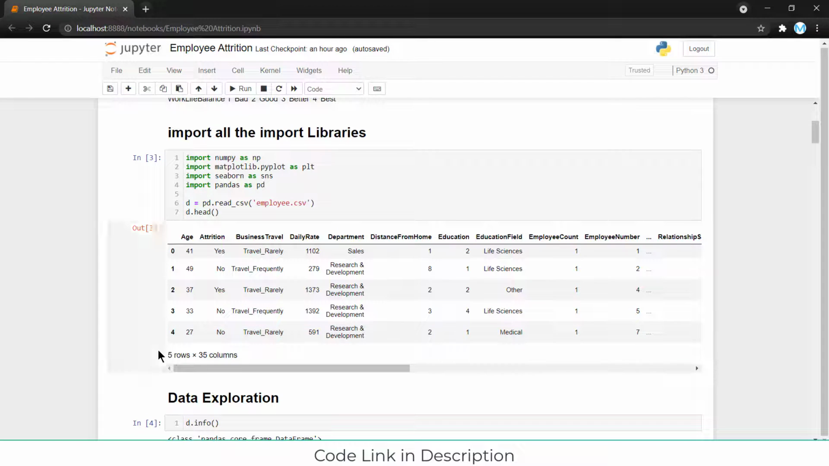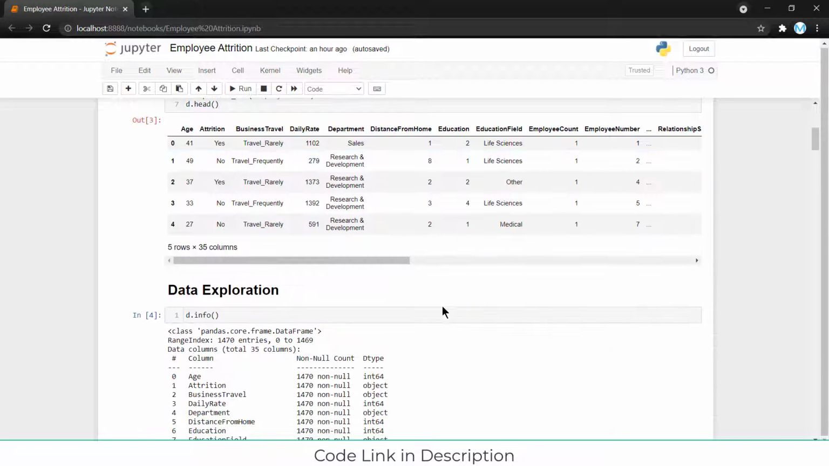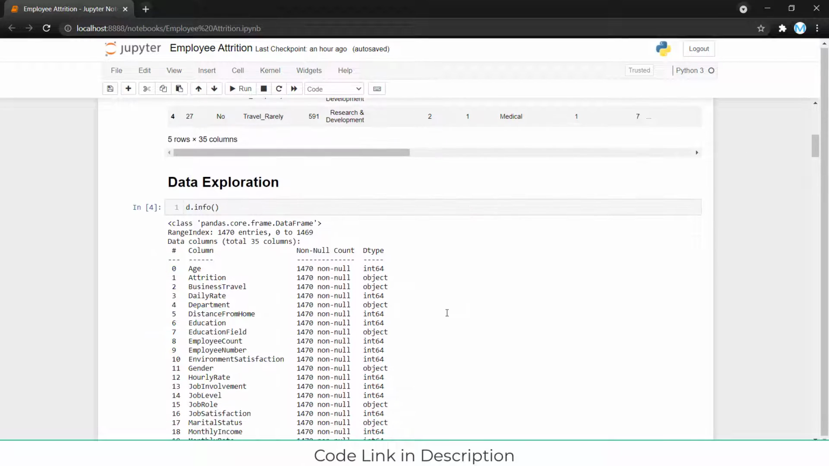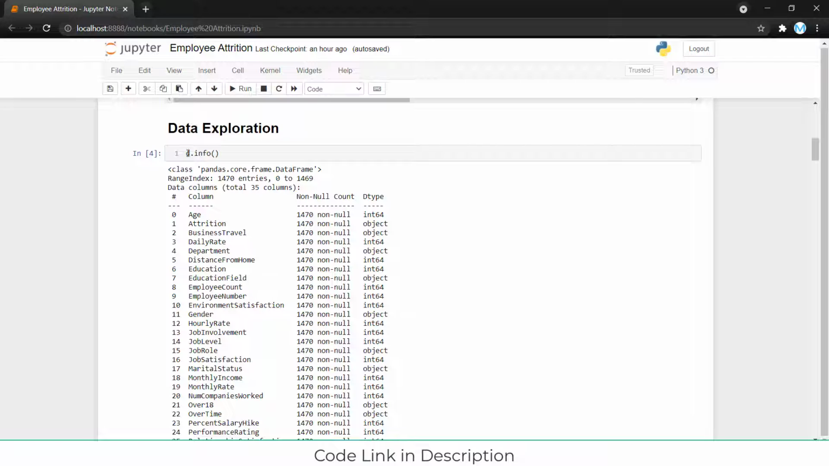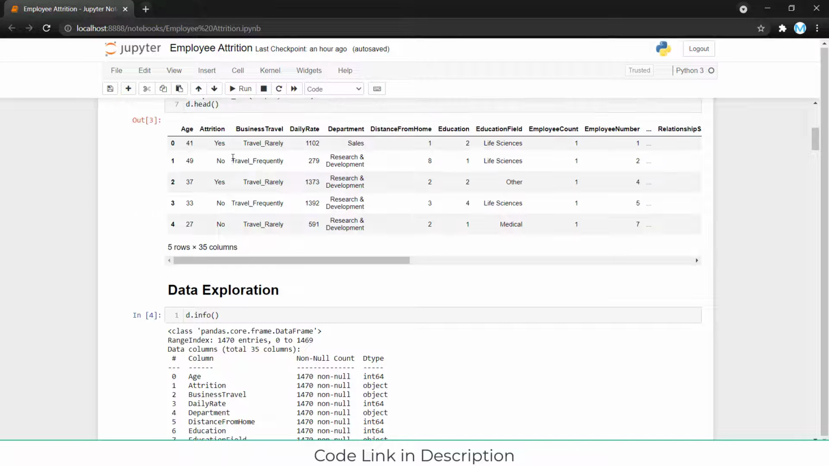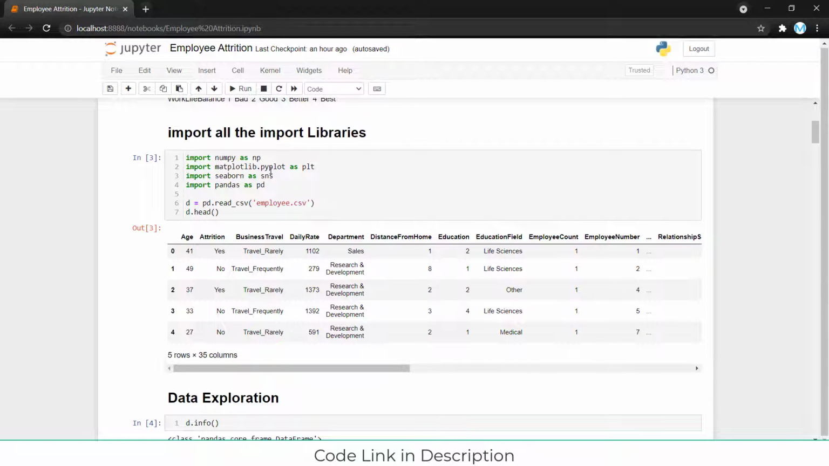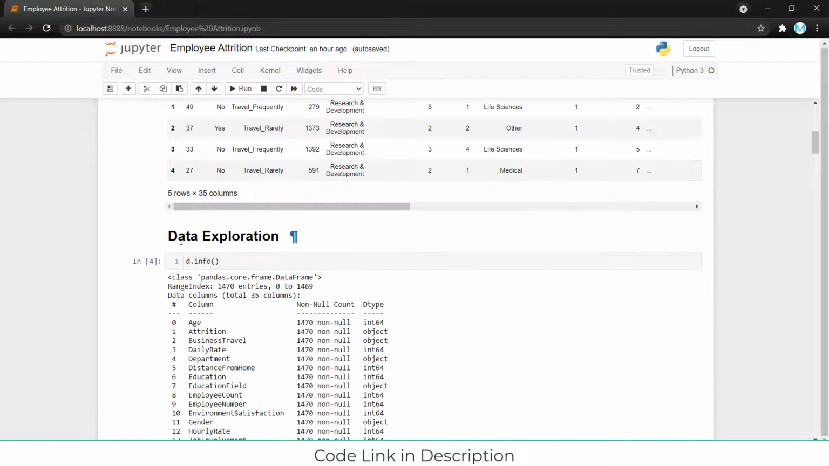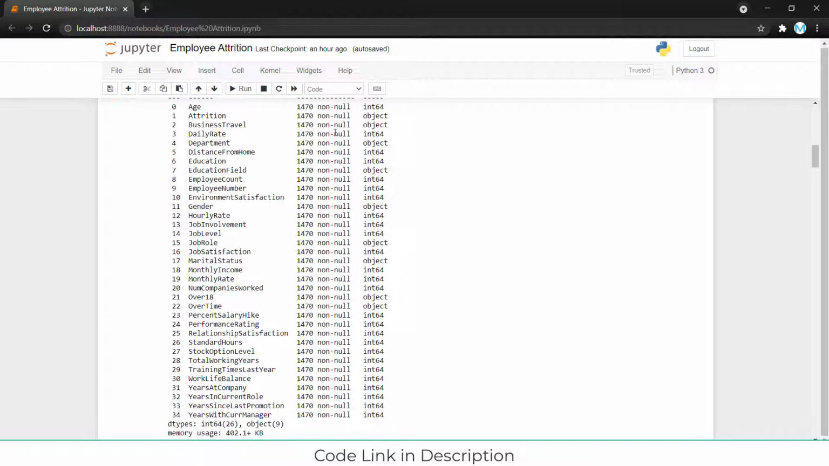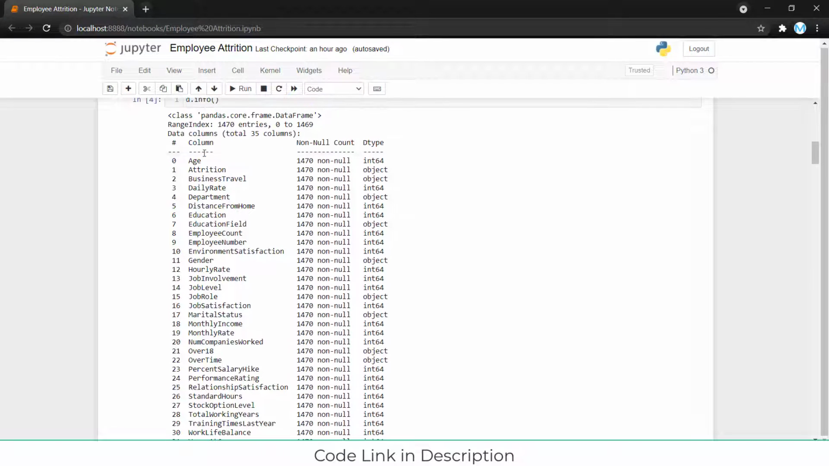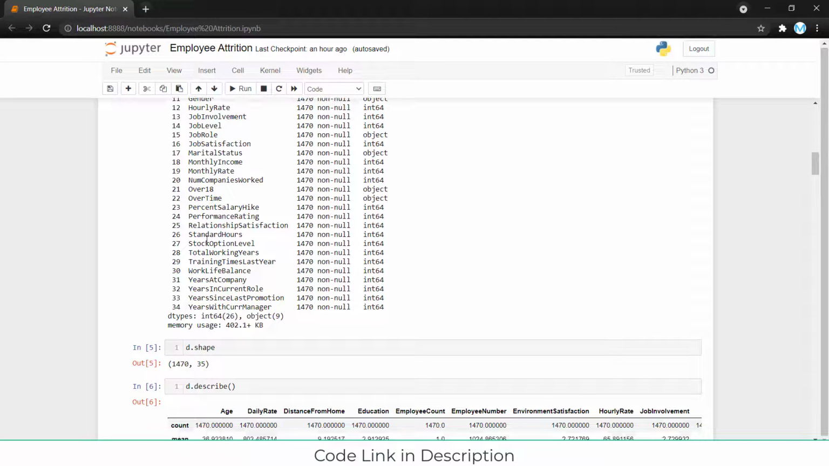Here you can see my data set. It is currently showing me 5 rows and 35 columns. Now let's explore our data and see what kind of things are available in our data set. First I have stored all the values of my data set into a variable called d. That is the reason I have typed d.info, and here you can see all the columns that are available in